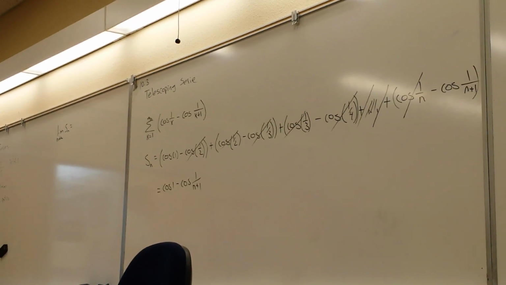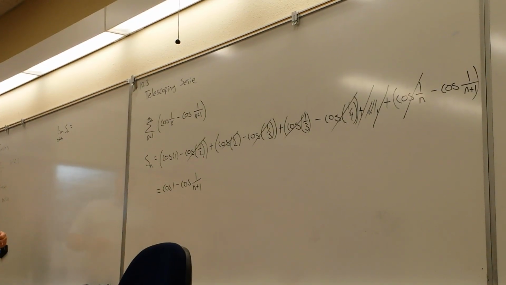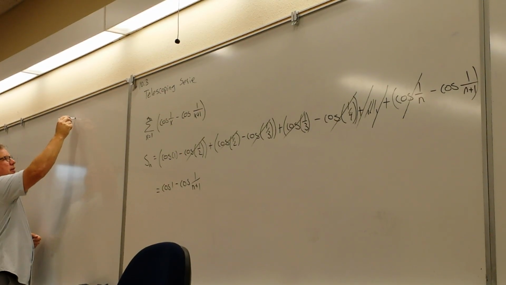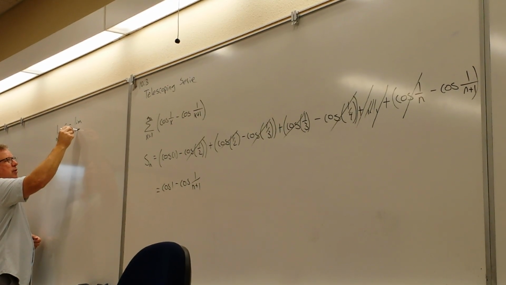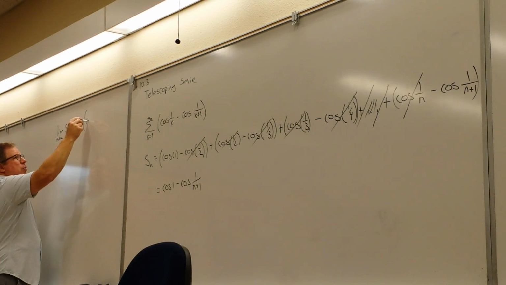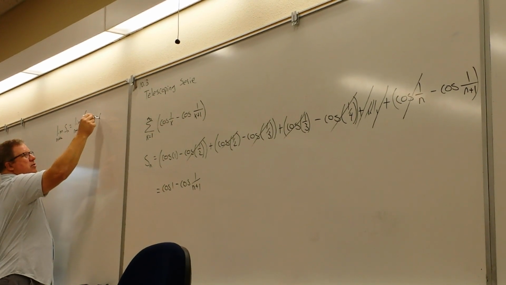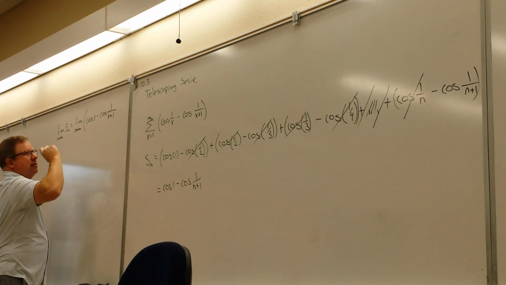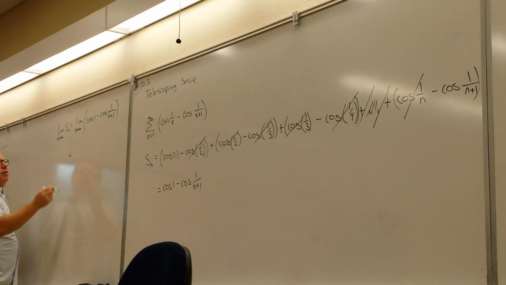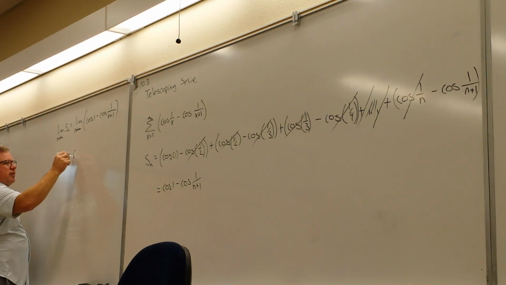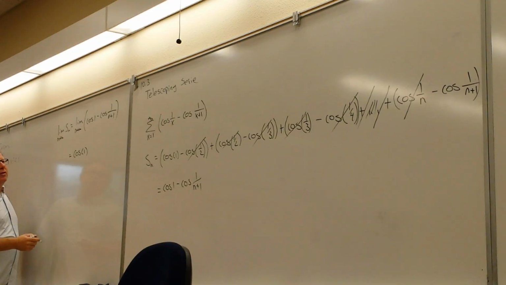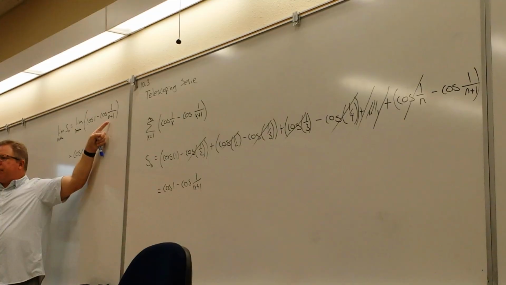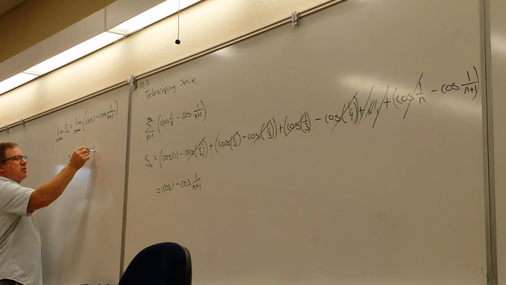That work for you? All right. Now, when we find the limit as n goes to infinity of S of n, we're finding the limit as n goes to infinity of that: cosine 1 minus cosine of 1 over n plus 1. So cosine of 1 is a constant, that sticks. 1 over n plus 1, what's that going to approach as n increases without bound? 0, so we're going to get minus cosine